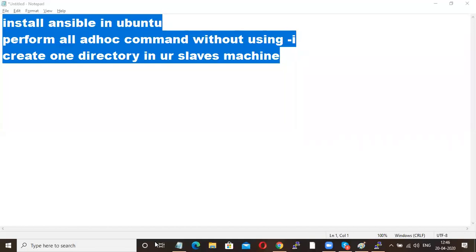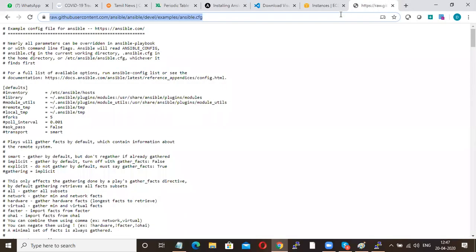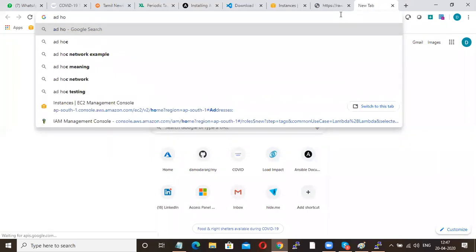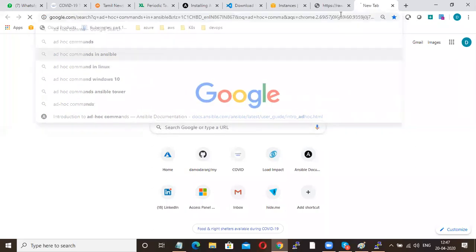Okay, but still, Ansible is a very important tool if you are working as an infrastructure person. Whatever I told are all real commands only. I didn't use any fake commands. If you want still more commands, just search for ad hoc commands in Ansible.